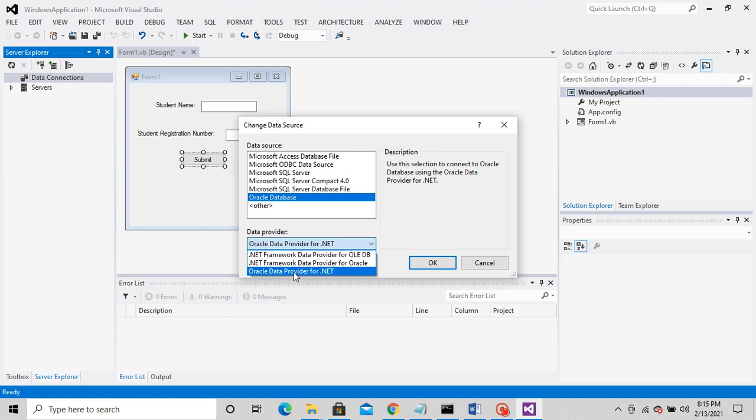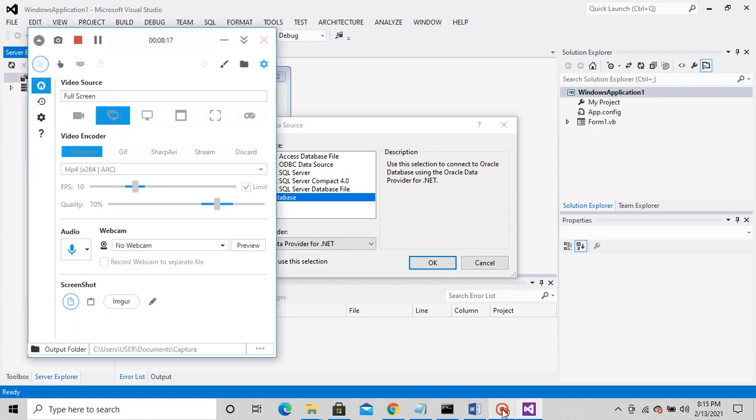So that's why this is an extra step which I have done. But in your system, if it is compatible, then it's okay. You can go ahead with the two existing options. Okay. Just I thought of showing you because I think most of you are also using 64-bit machine like me. So I thought of showing you once. Okay. So what I have done is that I have selected the third option. So data source is Oracle database, data provider is Oracle data provider for .NET. Okay, so this is what I have selected.